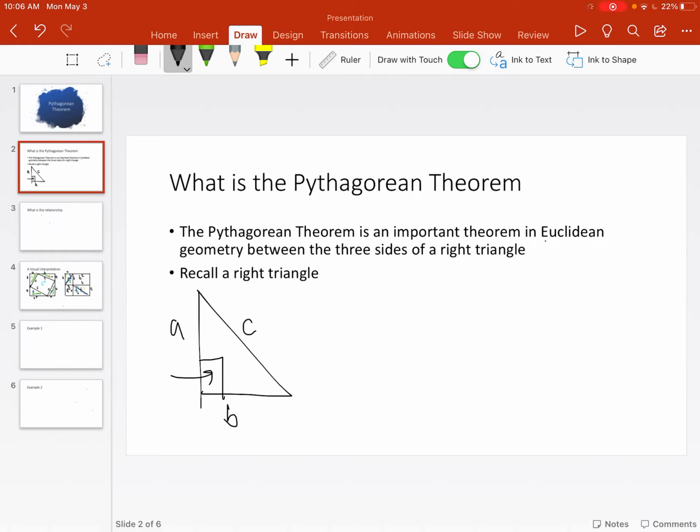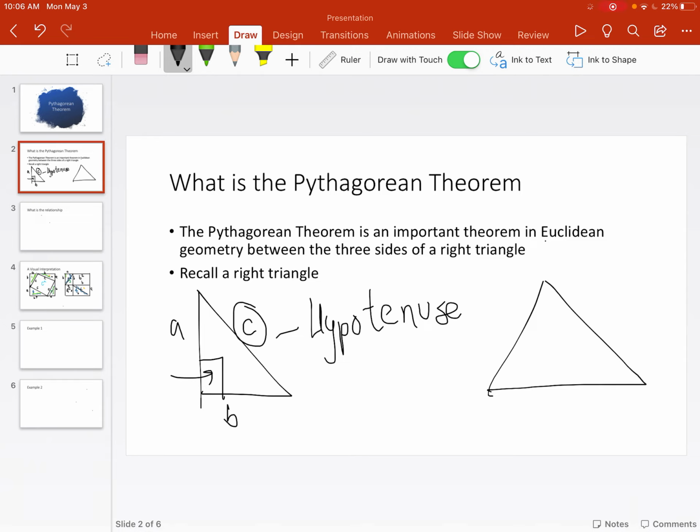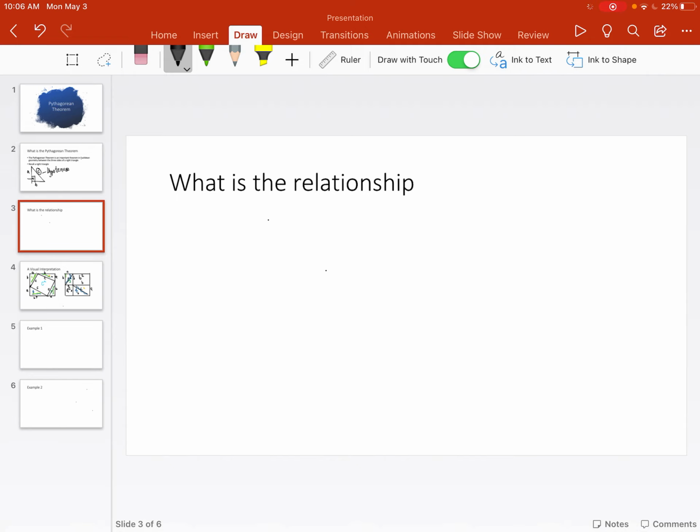Like I said, the right triangle has a 90-degree angle in it, and obviously we know that the longest side of a triangle is referred to as the hypotenuse. Now, in comparison to other types of triangles, so recall like an isosceles triangle, there's not a 90-degree angle in an isosceles triangle. But in the right triangle, we have one 90-degree angle. So let's continue. So let's see, what is the relationship? What is it? Well, the Pythagorean theorem